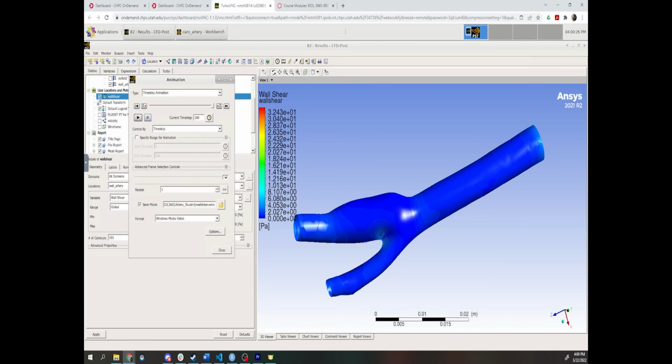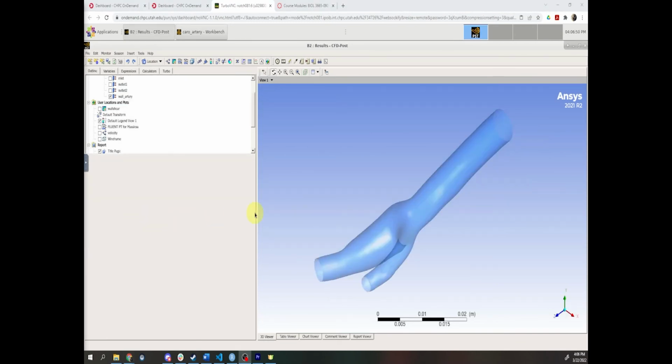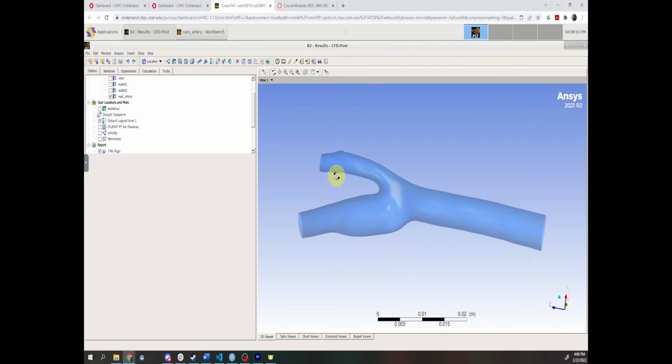Okay, now that's done, that's saved. We can download that video and look at it in real time if you'd like. One of the last things that we'll want to do here is examine and try and capture something called a secondary flow. Whenever we have fluid flow through pipes that changes directions as it does through this bifurcation, we get